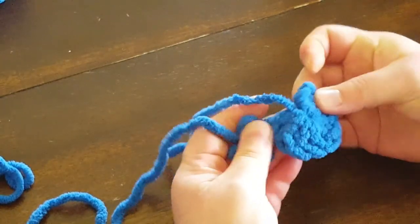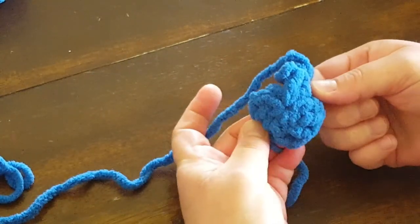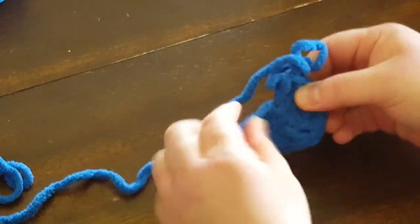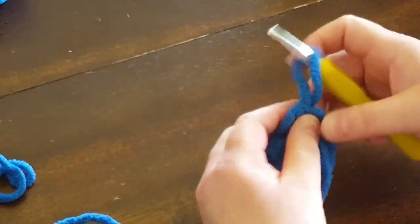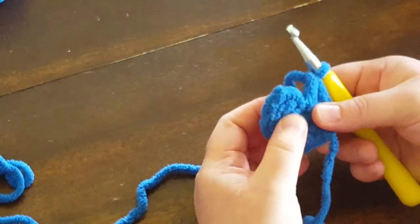There we go. Keep working with it and it will close. Okay? So, to finish here, we are going to,